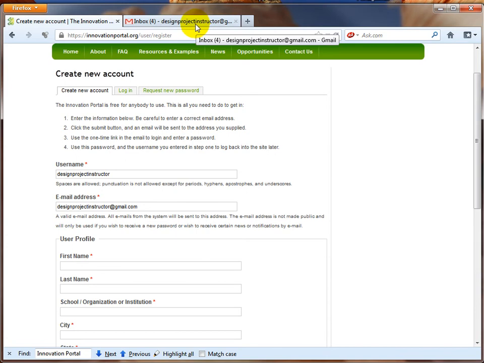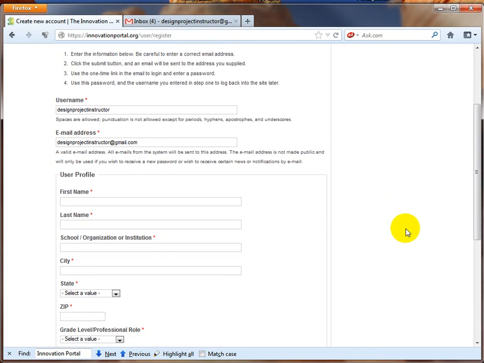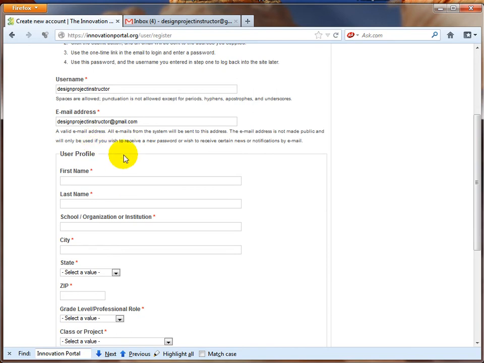I want you to be able to see the entire process where the Innovation Portal will send an email verification to that email address that was entered here, and then you will get a one-time login and then are allowed to change the password, and you're in. So after you've entered the email you want to use, we'll create some